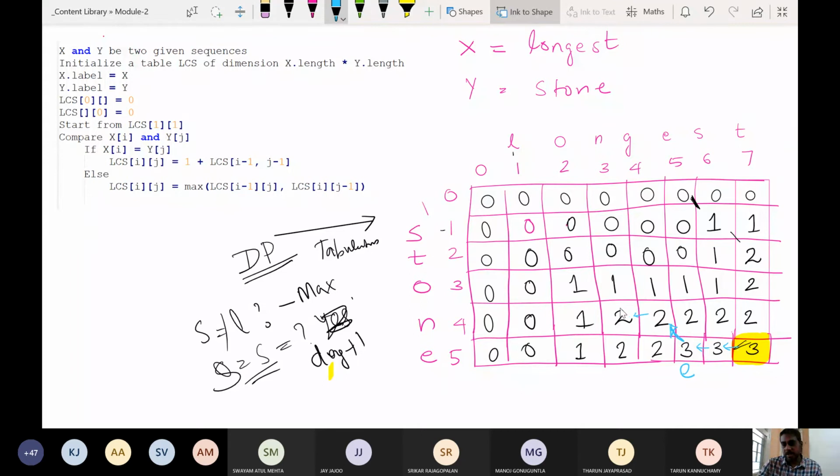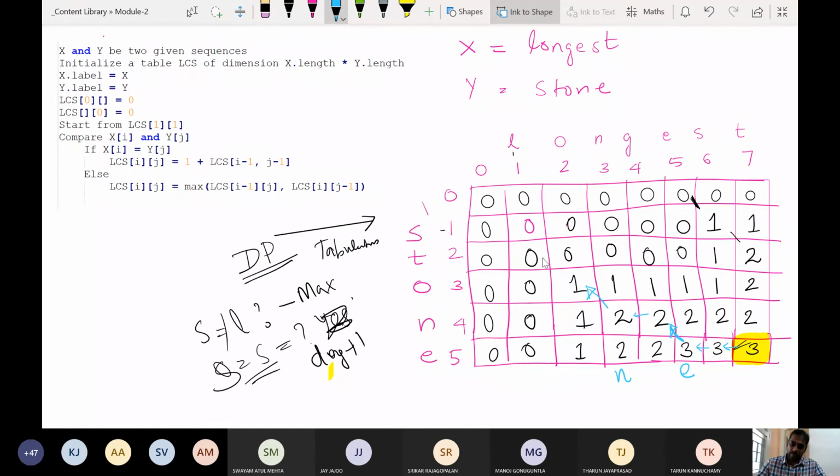Here also, from where did you get this 2? In position 4, 3, where did you get the 2 from? We added 1 to position 1, 3, to this position. So here we jumped a diagonal jump, so this one is to be noted. This N, in both row and column we have N. That N is noted. Now from where did you get this 1? Because there is no previous one, this should not be a maximum value. This is obtained because of adding 1 to something.